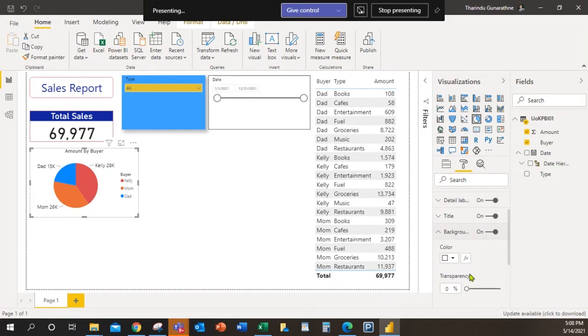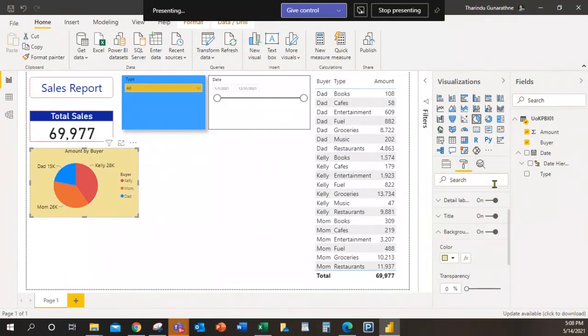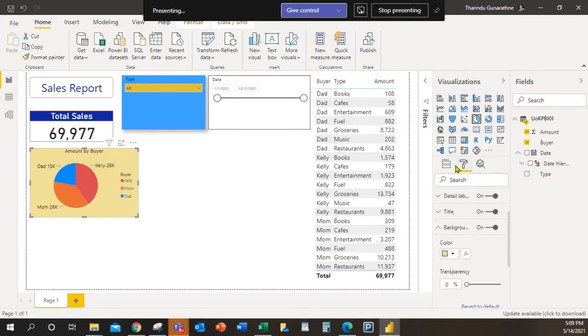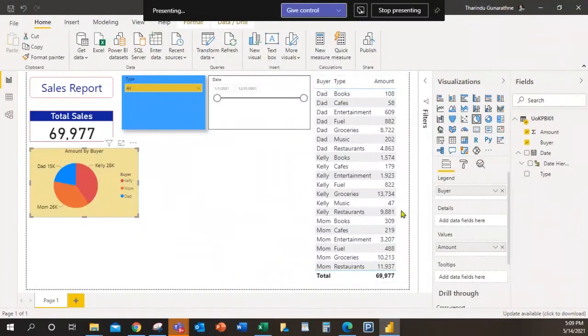You can set a background. Now, I think you have that understanding of how to create a pie chart and what the features of the pie chart are in comparison with some other visualizations.